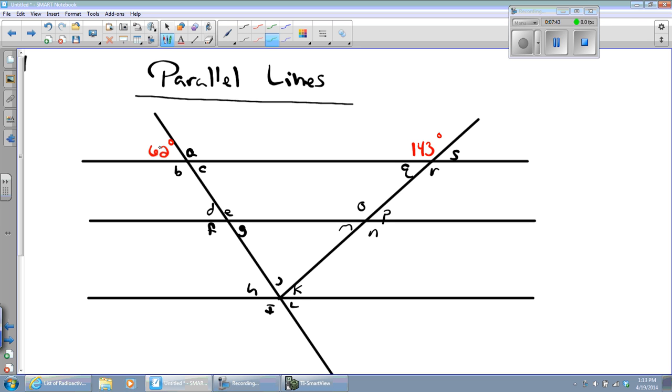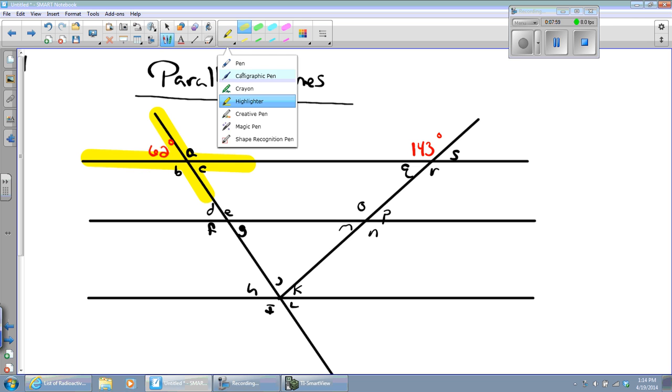Now, right off the bat, I have an X. Do you see my X? Where's my highlighter? Let me highlight my X. I have an X here, and I have an X here. Right off the bat, I know angle C is 62 degrees because it's congruent